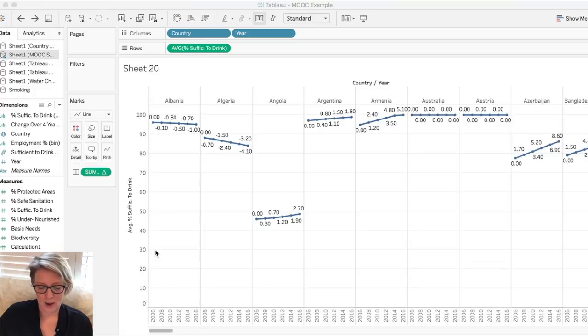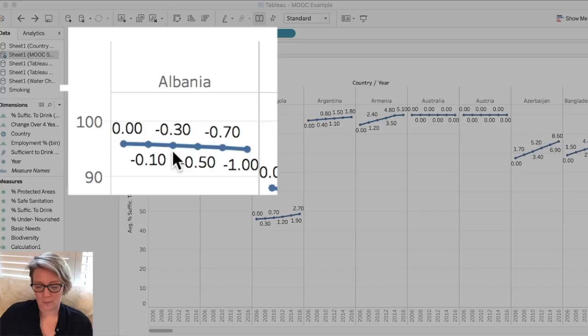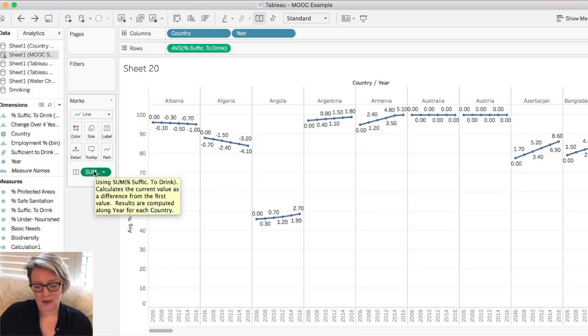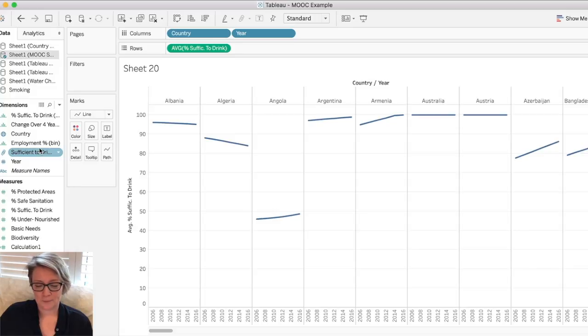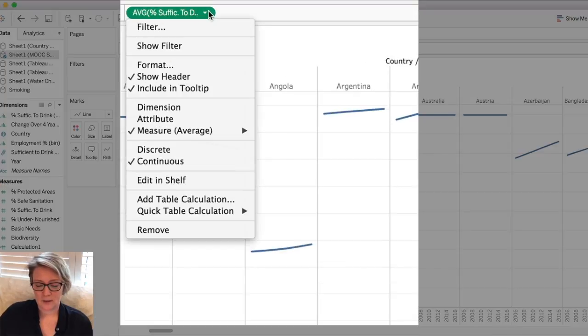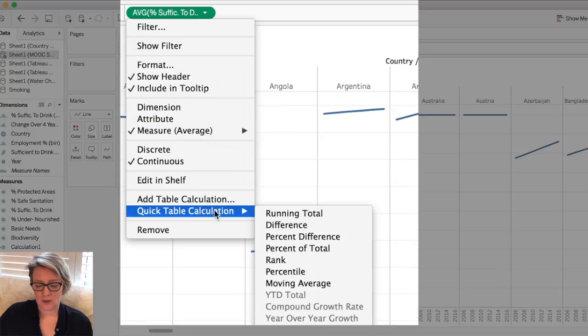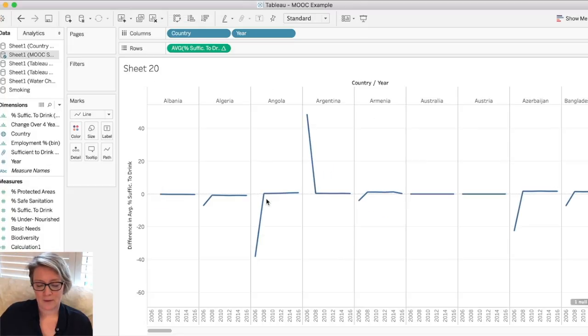So we'll look at the Tableau, and right now you'll remember that we're showing the actual values are the dots, and then the change in the values are the labels. But since we want to look at the change as a variable itself, we'll remove everything from the labels just by dragging it off. So now we're still left looking at the change over time. It's just not labeled. So the first thing we want to do is a quick table calculation, and for this we'll look at the difference rather than the percent difference. So let's look at the change